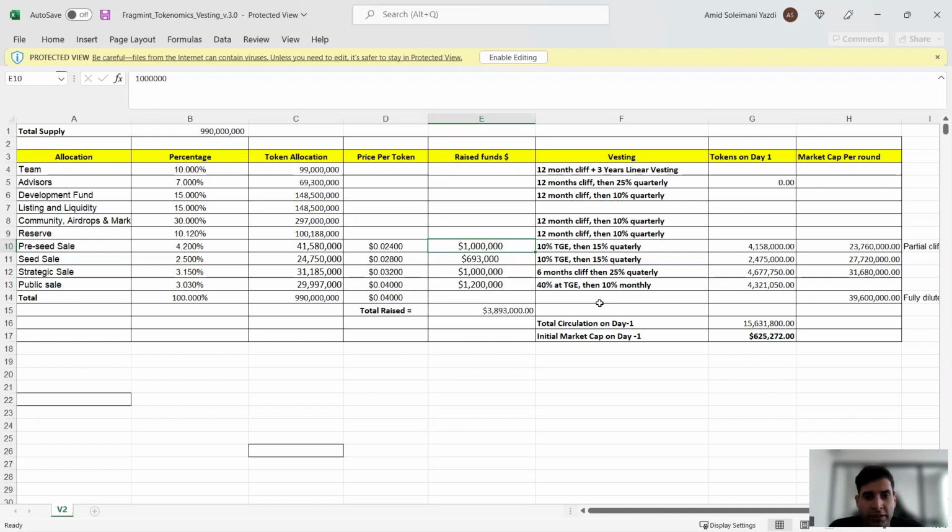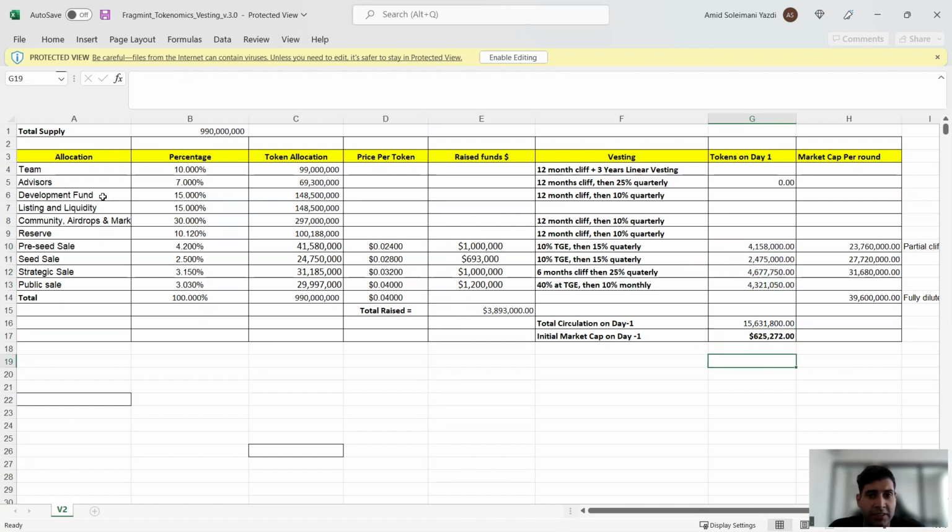They've raised over $3 million, including the public round. So they have enough money to develop, runway, and also for liquidity. Initial market cap is going to be $625,000, which is not low, but also acceptable for the listing on this market, around just above 500K. But remember, this initial market cap is also going to have some liquidity in it. So listing and liquidity is part of that as well, giving that total liquidity here.